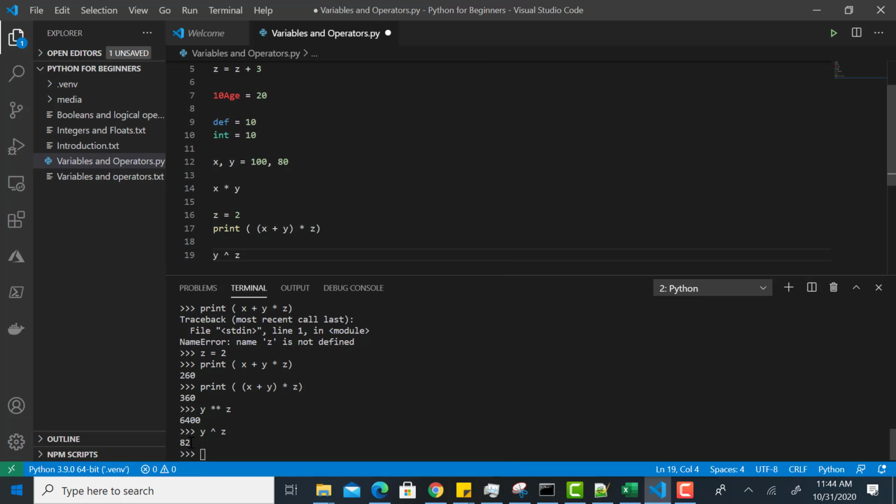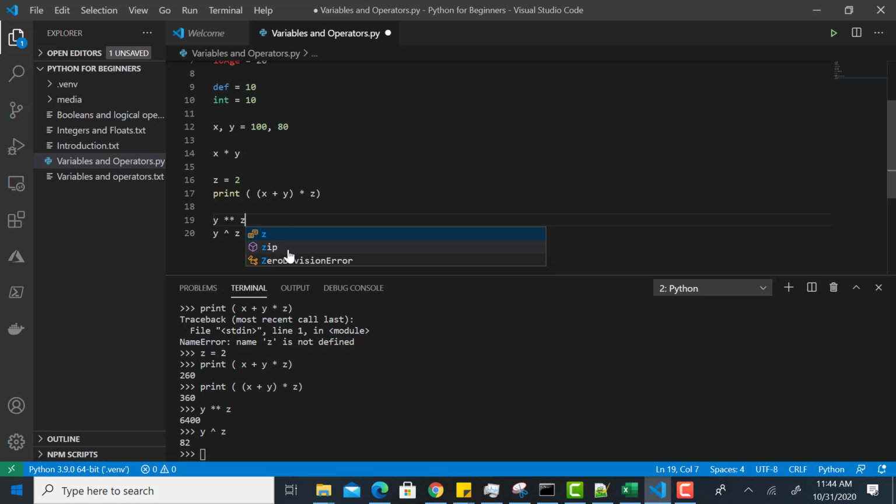So I personally don't quite know what it's supposed to do, but it has a weird name that I cannot recall. It's a bitwise operator. I'm not too sure, but you definitely don't want to use this sign when you exponentiate, but you want to use the double star instead. And I should have put that here. This is what you want to use. Now let's move on and talk about